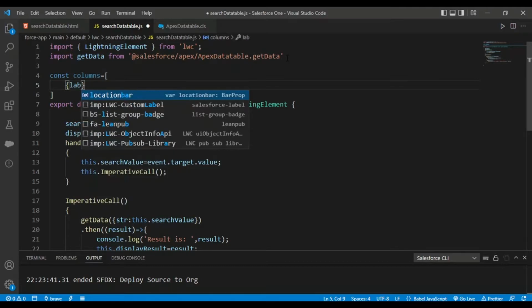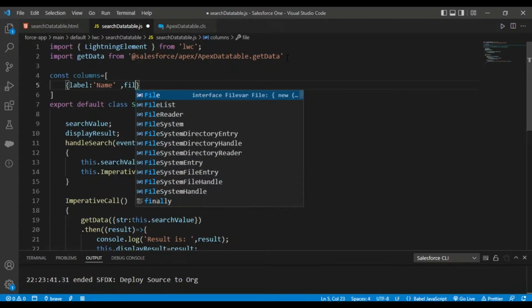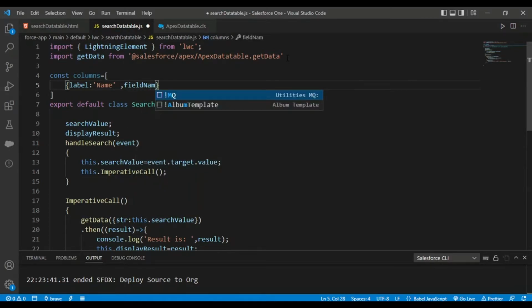So I would be giving this label, that is the name field. I am only just getting the name field. The field name that would be displayed over to you guys. So this would be name, and